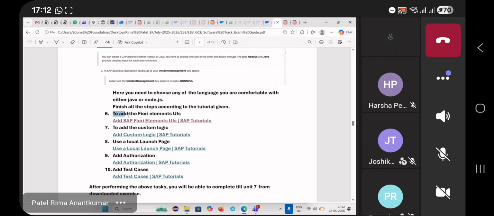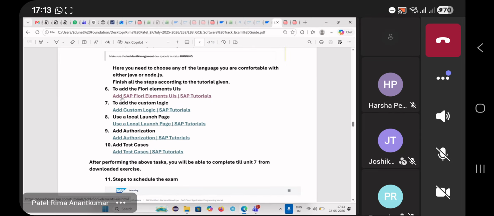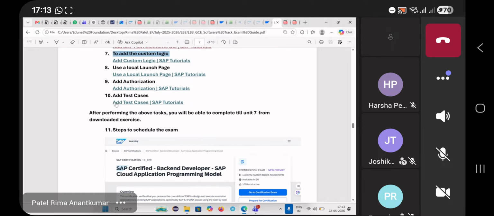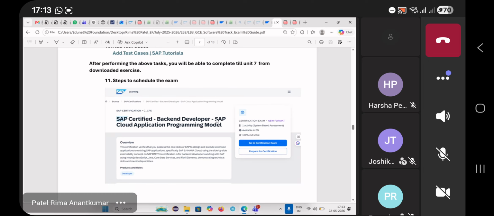Then the next is to add the Fiori elements. For that, I have given the link for the tutorial over here. Then we need to add the custom logic. For that also I have given the link. So these are the 10 exercises that I have taken over here. You have to perform each and every exercise. After performing all the tasks, if you are confident enough,